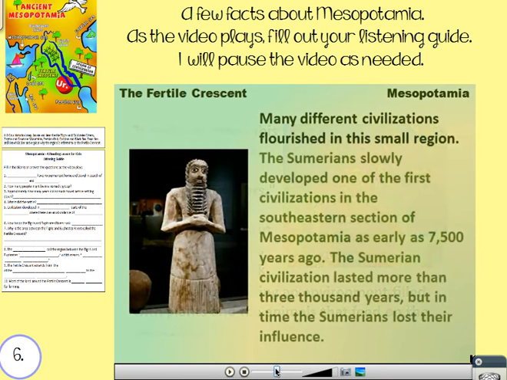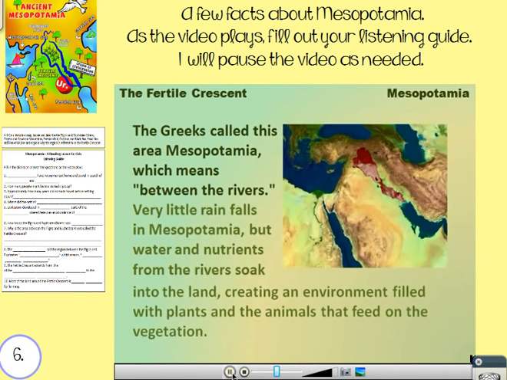Didn't catch it in time. The Greeks called this area Mesopotamia, which means between the rivers. Very little rain falls in Mesopotamia, but water and nutrients from the river soak into the land, creating